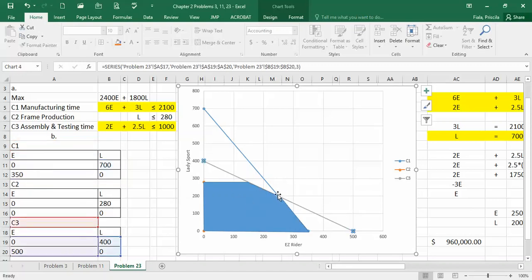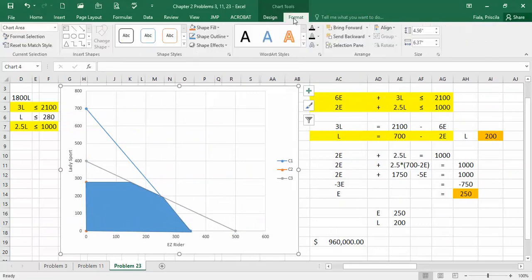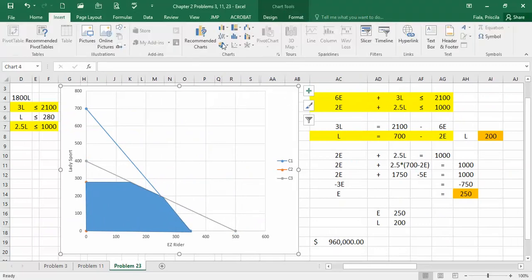Therefore, I'm saying that the binding constraints to form this value would be constraints 1 and 3. Therefore, I have simplified then, and I have found the values for E and L at their optimal solution, which is this point right here,